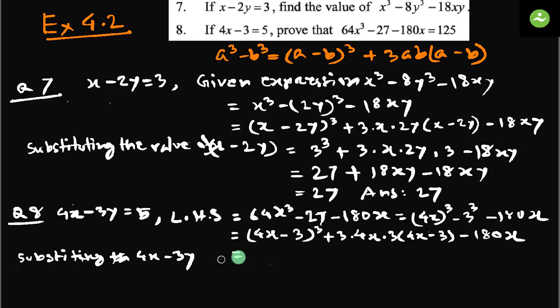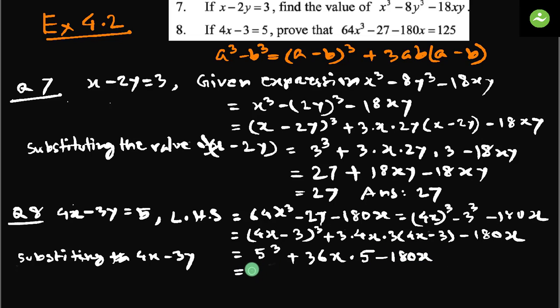Substituting 4x minus 3y means putting the value of 4x minus 3y. It is 5. So we can write 5 cube plus 3 into 4 into 3, 36x into 4x minus 3y, which is 5, minus 180x